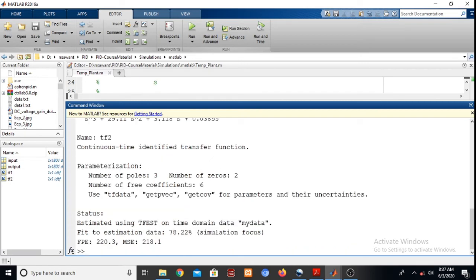Now let us go back to the PID tuner and find out PID coefficients for both these transfer functions because they are available in the workspace. So go back to the PID tuner.